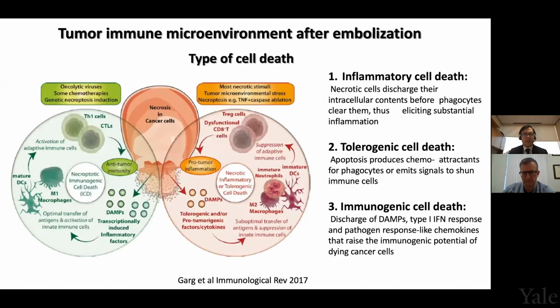We don't have to go into too much detail, but it's important to understand the concept that not all cell death is equal to the immune system. It ranges from cell death that cannot even be seen by the immune system, to a different type of cell death that triggers a positive response that leads to activation of the immune system and eradication of the other tumor cells, to a more general and broad response that combines both.